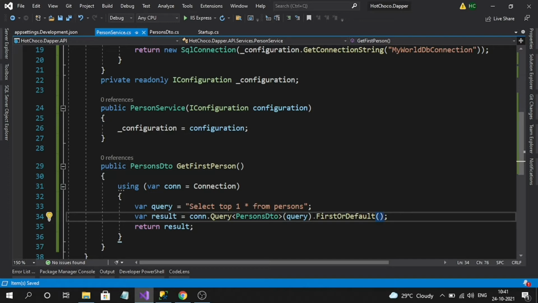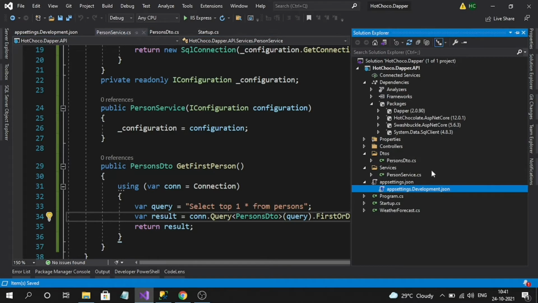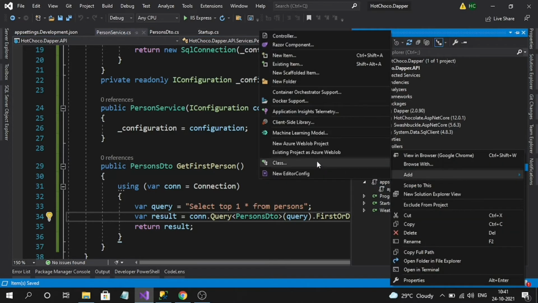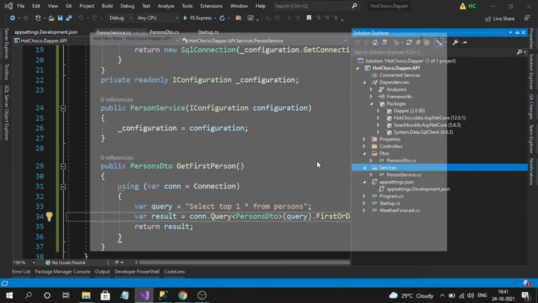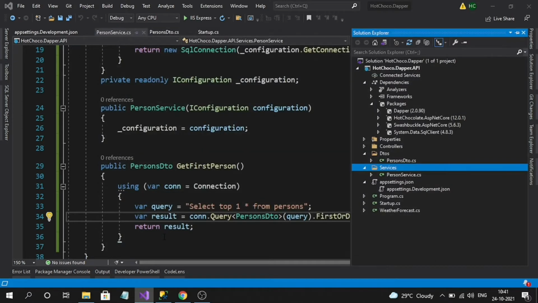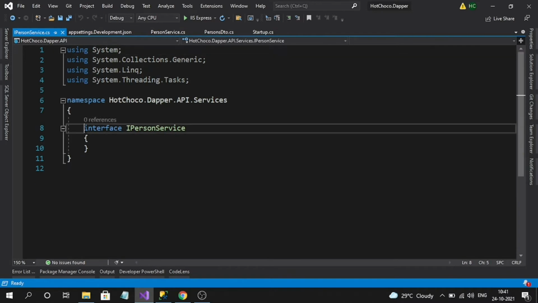Now we are going to consume this service method in our GraphQL so that we can fetch the result. So let's create an interface as well, and we can register them with dependency injection. Okay, so I will name it IPersonService.